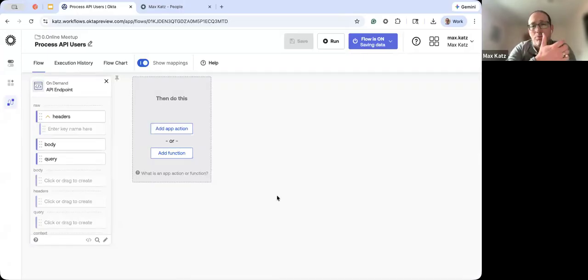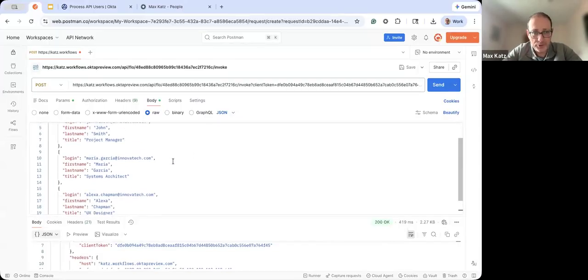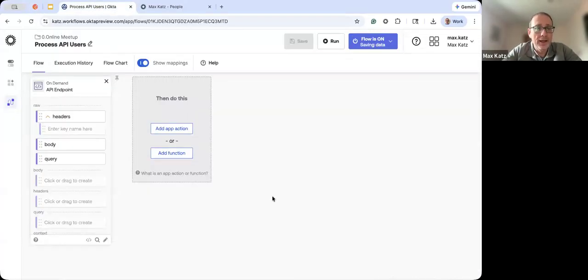Okay, so this is the first step, right? So we can trigger the flow, and we know that we can make the call from Postman, and it works. So now we can continue building the flow. So I see the users here. Got 3 users. So now I need to extract the users, and then one by one create them. So I'm going to have 3 users here. So I'm going to extract the users, and to do that I'm going to use